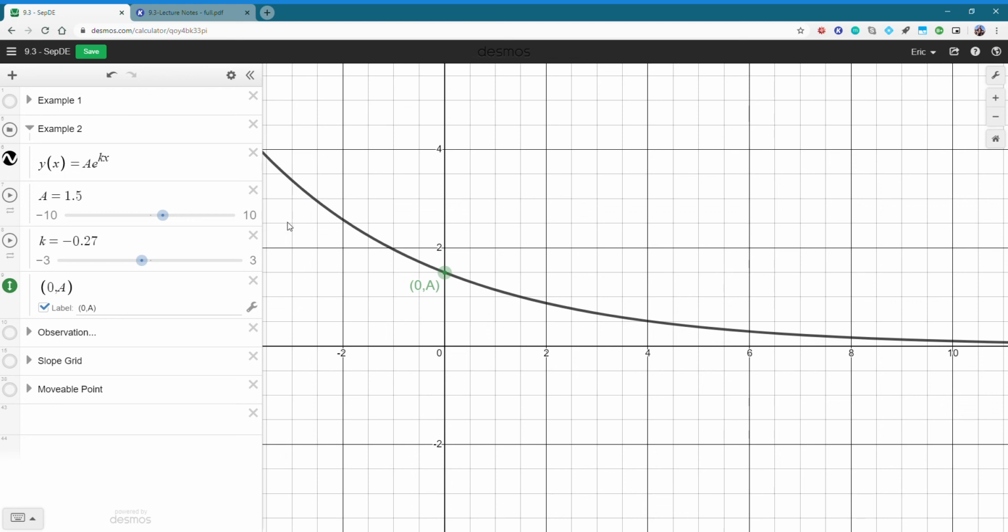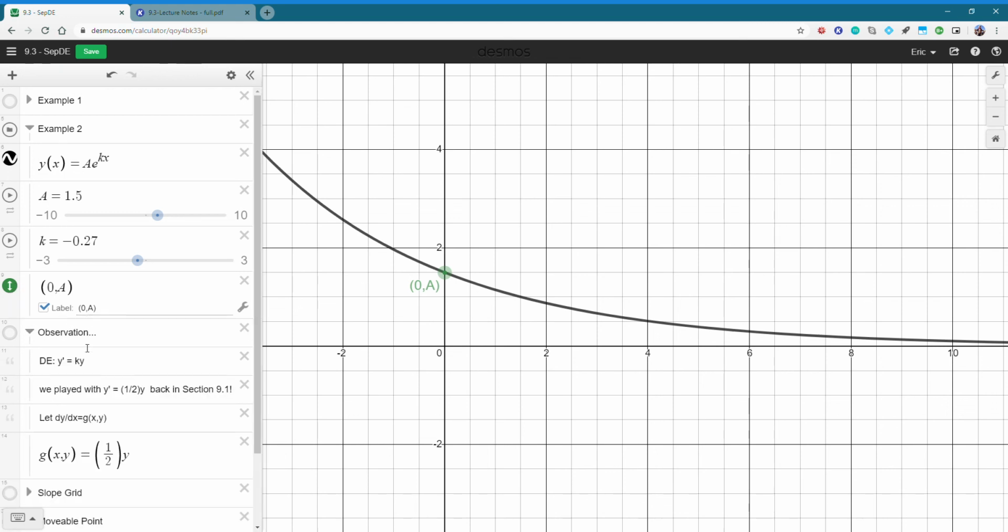An interesting note is that if you have a really good memory, back at the start of chapter 9, we looked at an example of our differential equation, y prime equals some constant times y. Our differential equation we started with was y prime equals 1/2 y, and we used that as our first example to play with direction fields and things like that. And so let's actually bring up